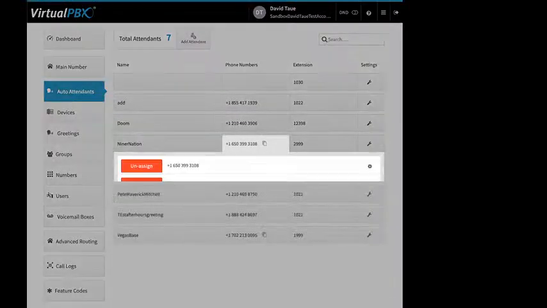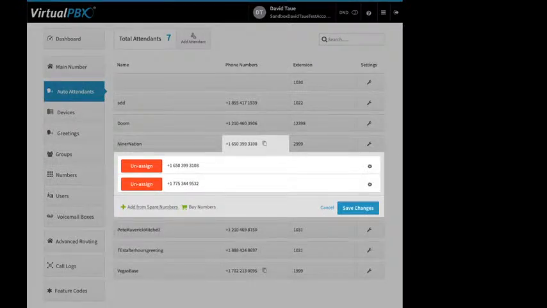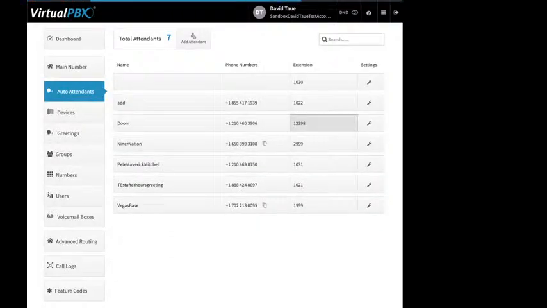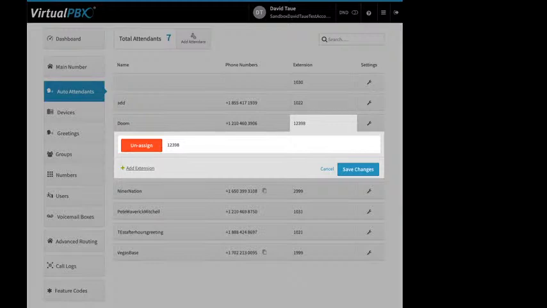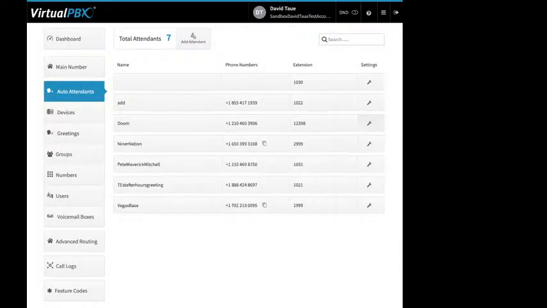Here, for example, you see it's got multiple numbers. You can add from spare. You can buy numbers. You can click on the extension box. You can add extensions. You can unassign an existing extension. And then if you click on the wrench icon here under settings,